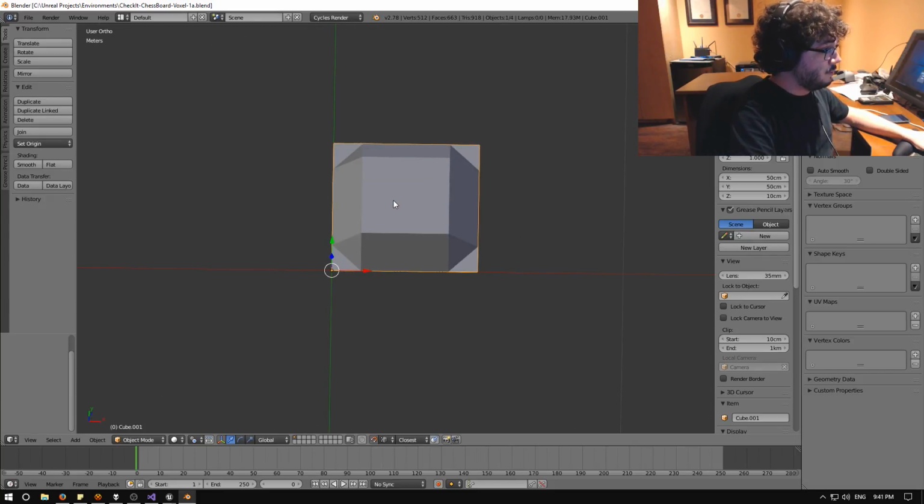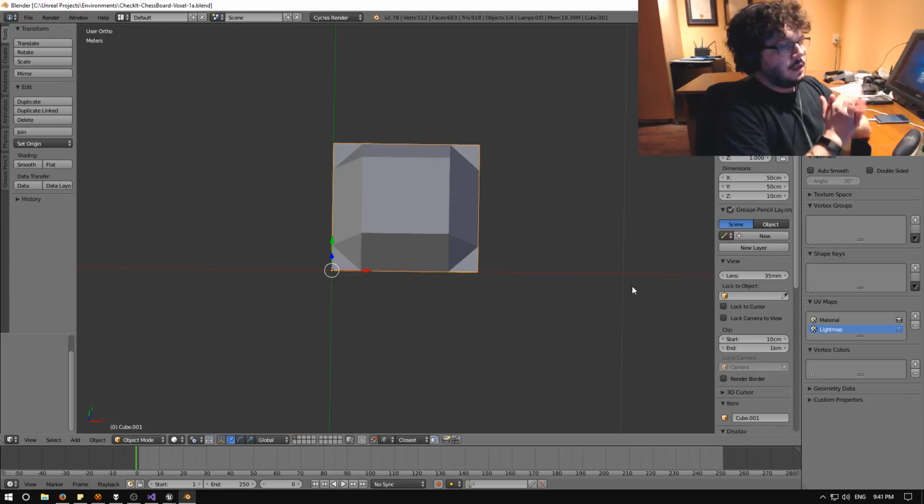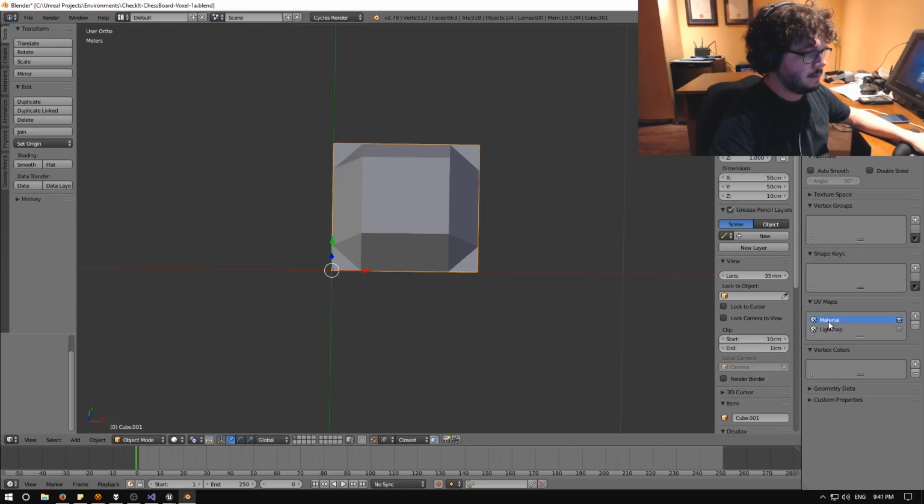Now we need to UV map this. So we need to make 2 UV maps. We're going to have this be material, and this be light map. So for material channel,